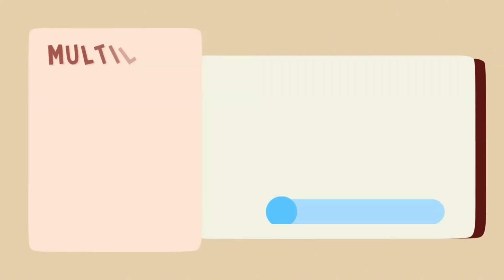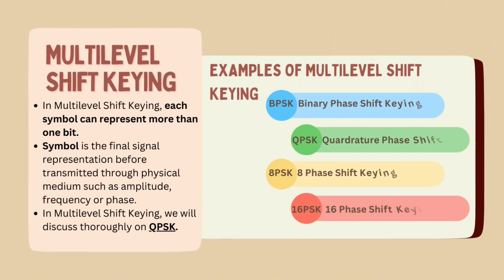We moved on to the next key point, which is multi-level shift keying. Multi-level shift keying is a digital modulation technique where each symbol represents more than one bit. Symbols means the final representation before being transmitted through physical mediums, such as amplitude. In other words, multi-level shift keying allows for multiple signal levels or states, and each level corresponds to a unique